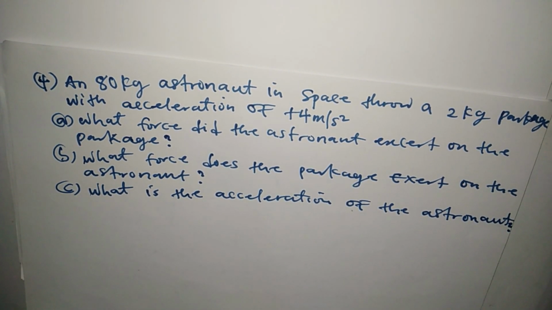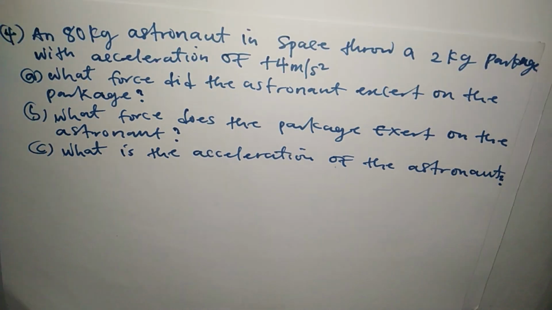The question says, an 80 kg astronaut in space throws a 2 kg package with an acceleration of 4 meters per second squared. What force did the astronaut exert on the package? That's A. B. What force does the package exert on the astronaut? C. What is the acceleration of the astronaut? So now,